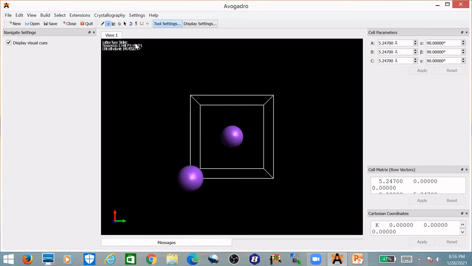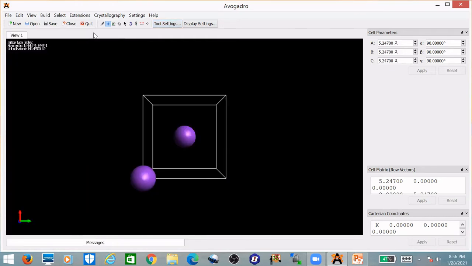Now, to get a proper view of what is written in the top corner, I'll expand this display panel. Now you can see that the lattice type is triclinic. If you look at the cell parameter, that does not match the lattice type. The edges, the intercepts along the three axes, are equal to each other. All the interplanar angles are equal to each other, and each has a value of 90 degrees. So you know that this is the cell parameter corresponding to a cubic crystal system.